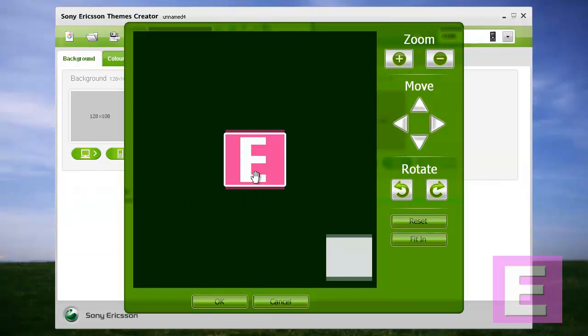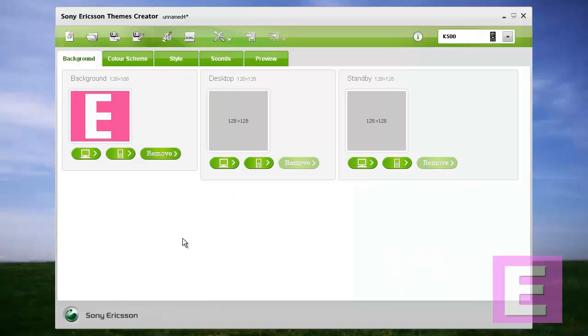I have taken this. You can set it as per your requirement by moving up and down, zooming, or reset, or fit it in the screen. Click on OK. This background will appear in the handset.